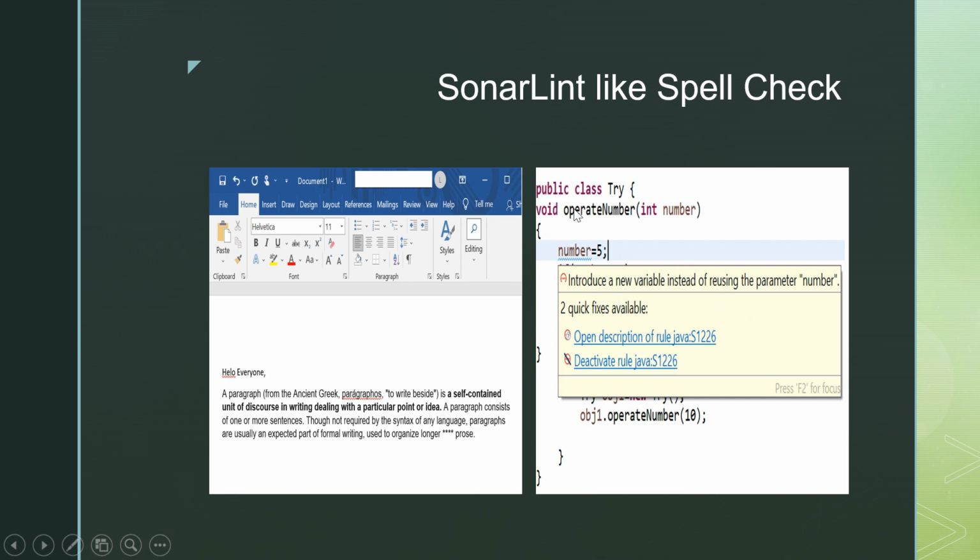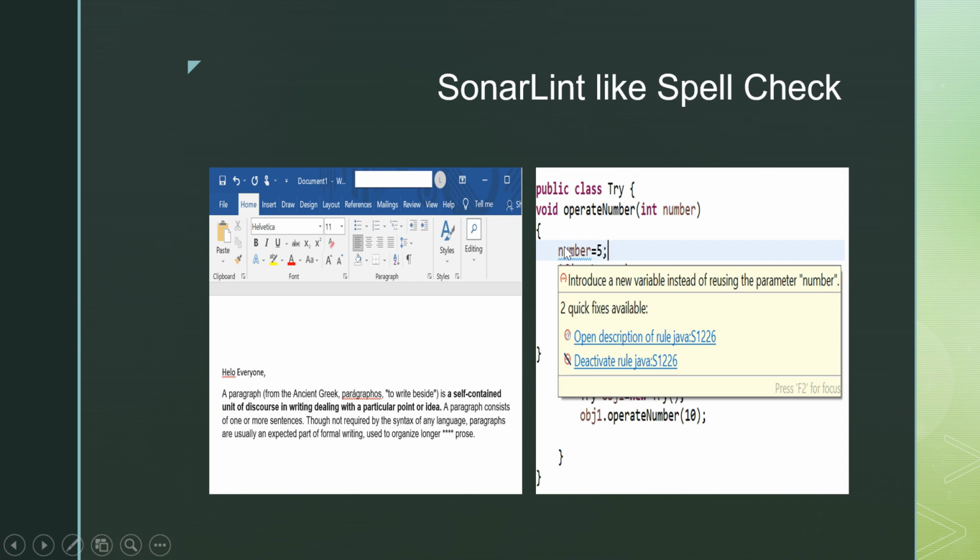For example, over here I have written a method where I am receiving a parameter number of integer type, but without using that parameter, I have created one more variable of the same name number, right? And I am assigning a value 5 over here.